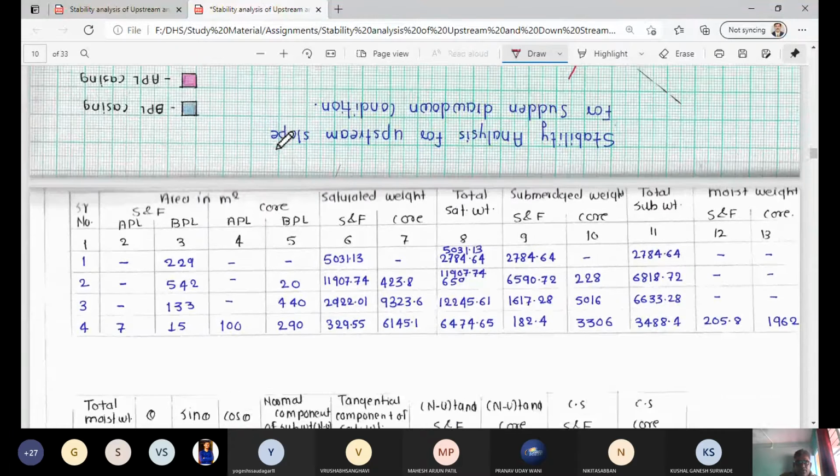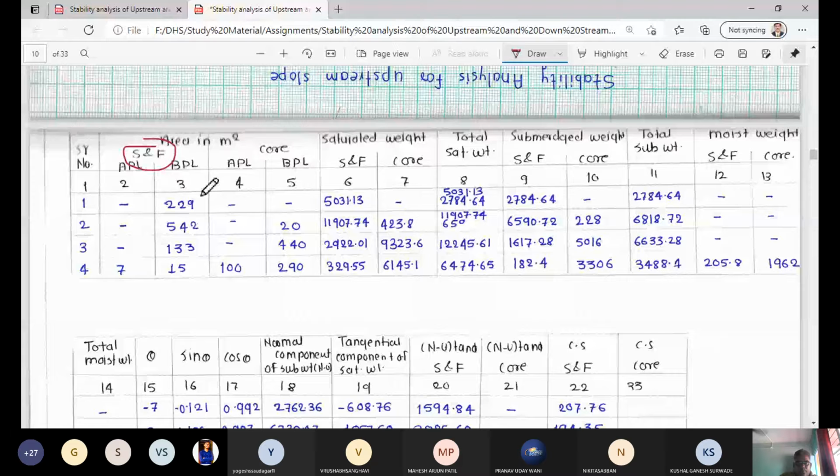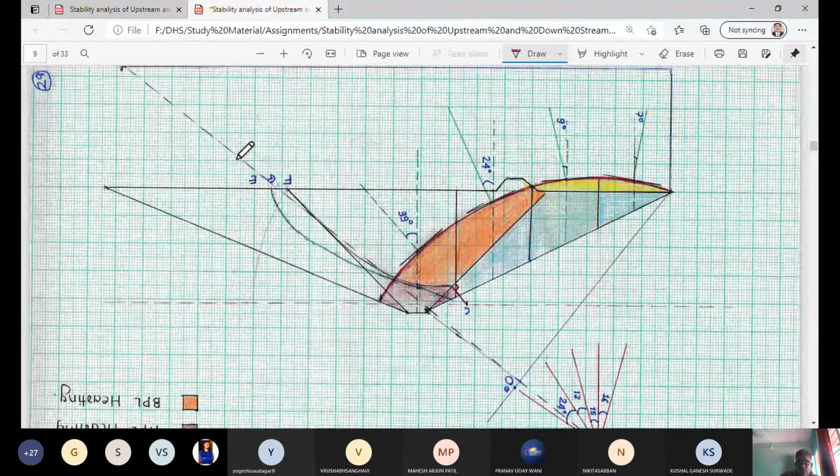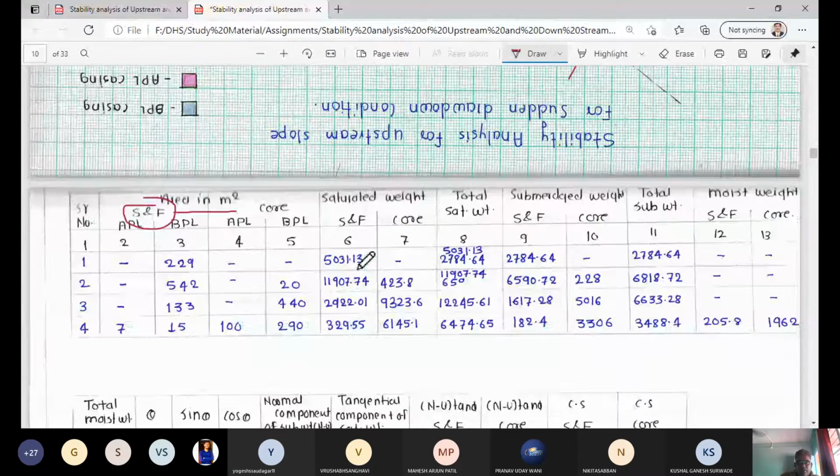Then as per these dimensions, let us see APL, BPL. This is the part made for the casing. So for APL and BPL, you need to find out the area. Basically you have to use a digital planimeter, or you have to utilize AutoCAD. By AutoCAD it is also possible to complete this, or by using graph paper you measure the particular area. Then you will get the answer. This is reverse now here. I am not rotating this because we are focusing over there.